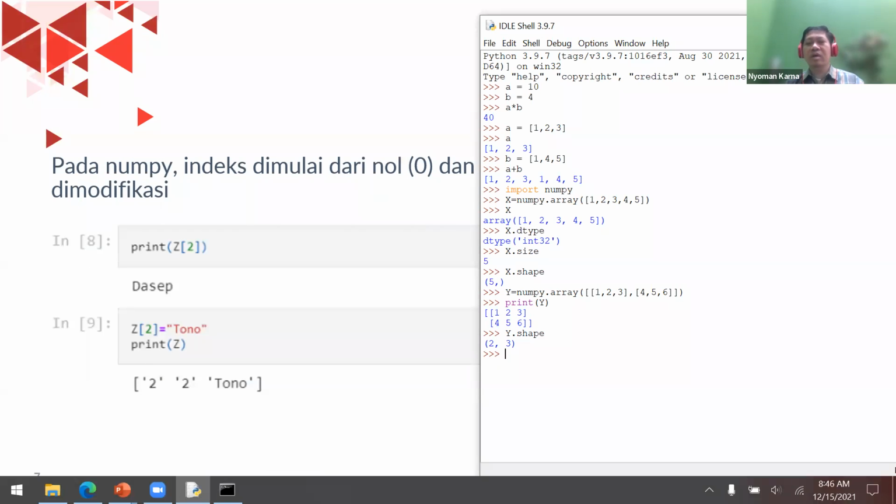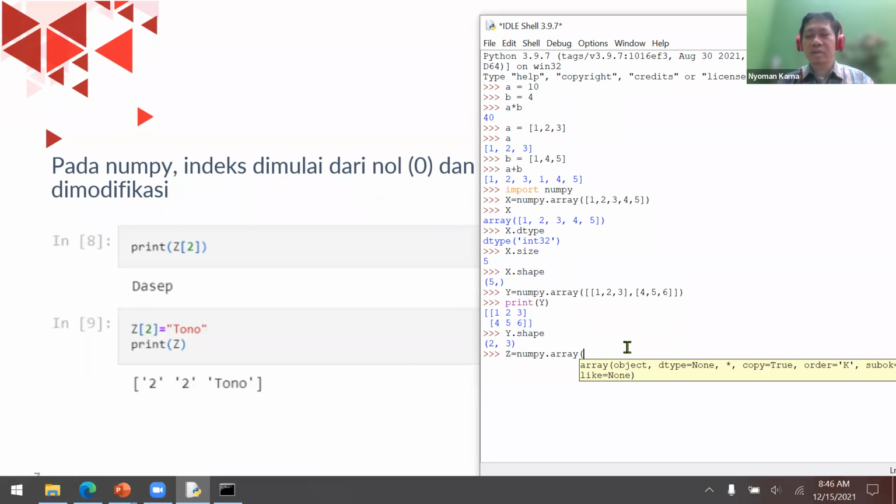Okay, before we move on, let's say I already have the array y, 2 by 3, and then I'm going to create another matrix, z, with numpy dot array. It's also a two-dimensional matrix: 3, and then 1, and then 2.